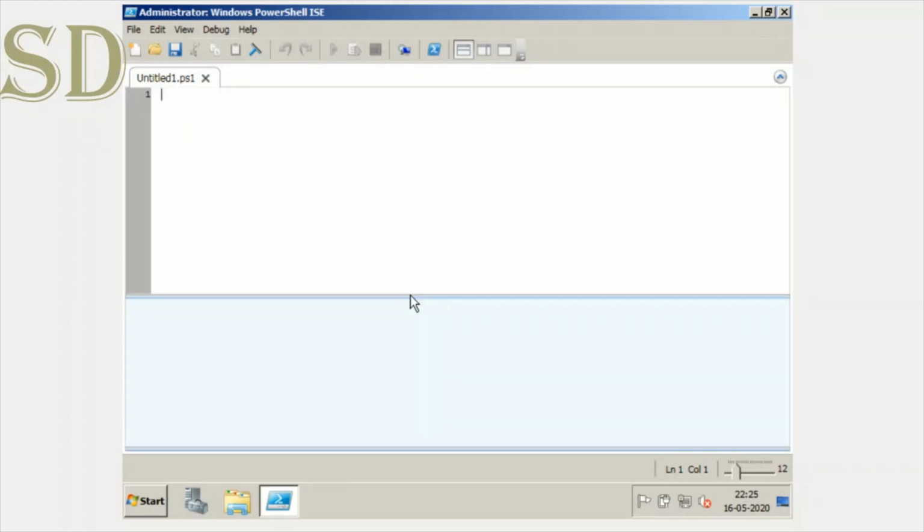You can write small PowerShell scripts in PowerShell ISE. This is the environment where you can write all the PowerShell scripts that you want, and you can execute them in a very simple way. So you don't need to create a batch file or cmd file to run this command.